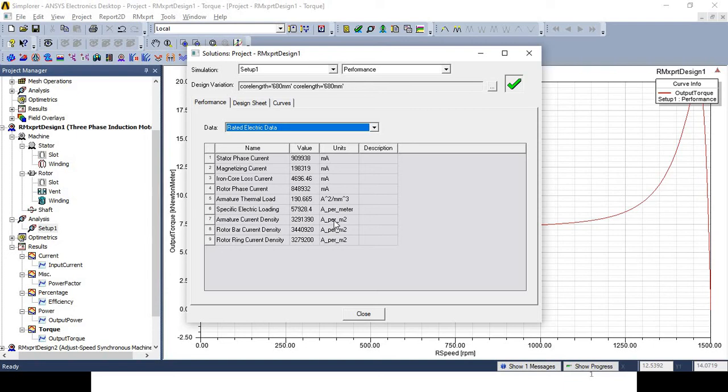Rotor bar current density is 34,40,920 ampere per square meter, and rotor ring current density is 32,79,200 ampere per square meter.